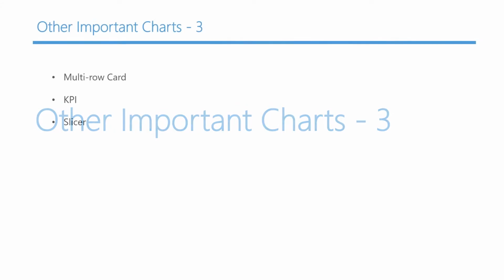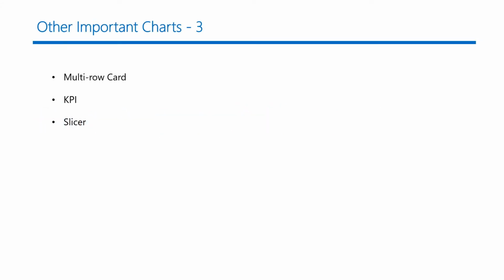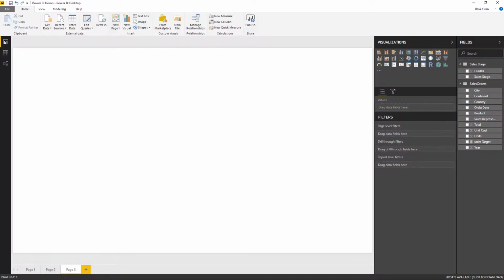Hi, welcome to video 3 of other important charts, and in this video we will talk about multi-row card, KPI chart and a slicer. A multi-row card is very similar to a card except that we can display many different values. So first let me select a multi-row card